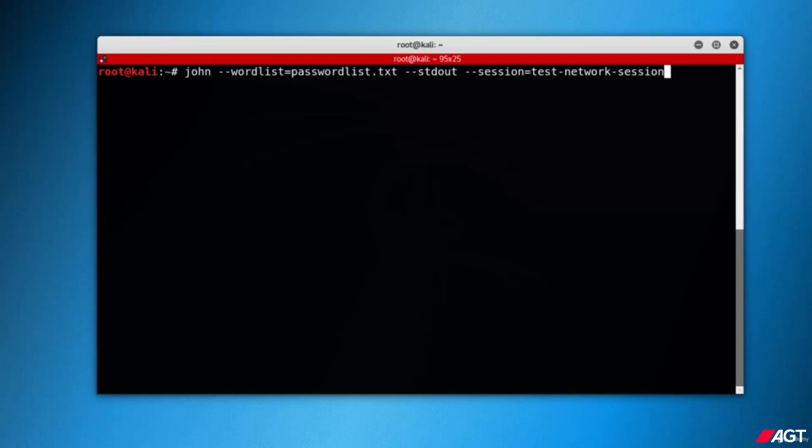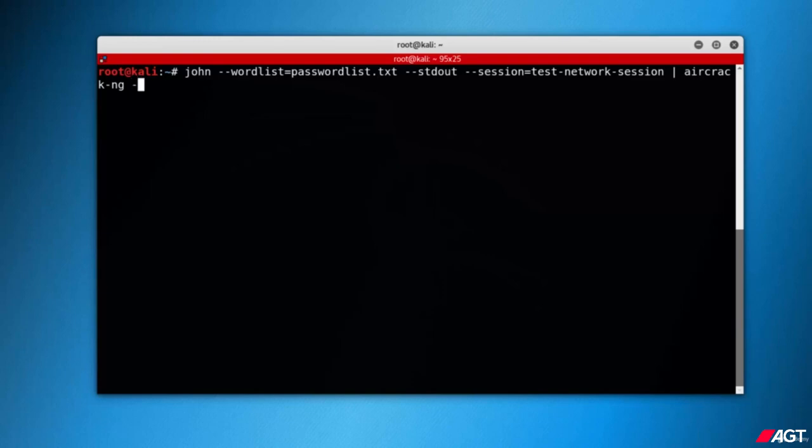So this will save the progress of our word list. Now we have to pipe it into the aircrack command, right? So we can use the pipe symbol, and then we have to give our aircrack command